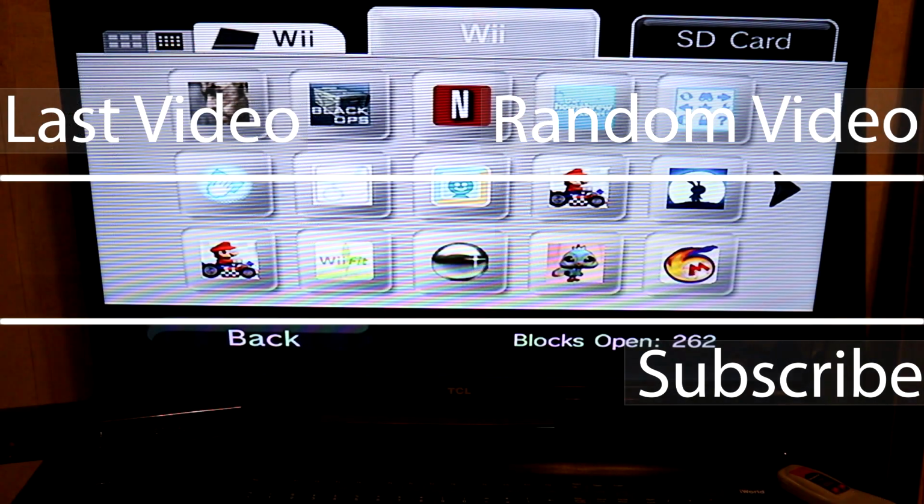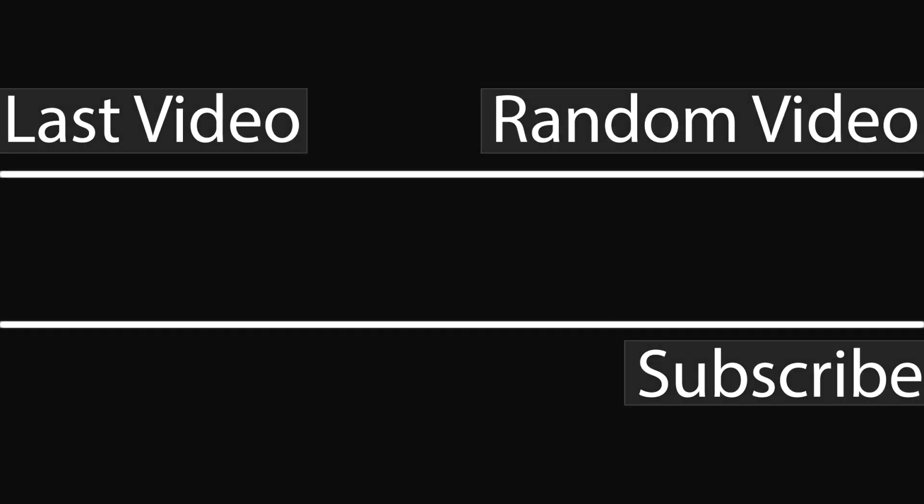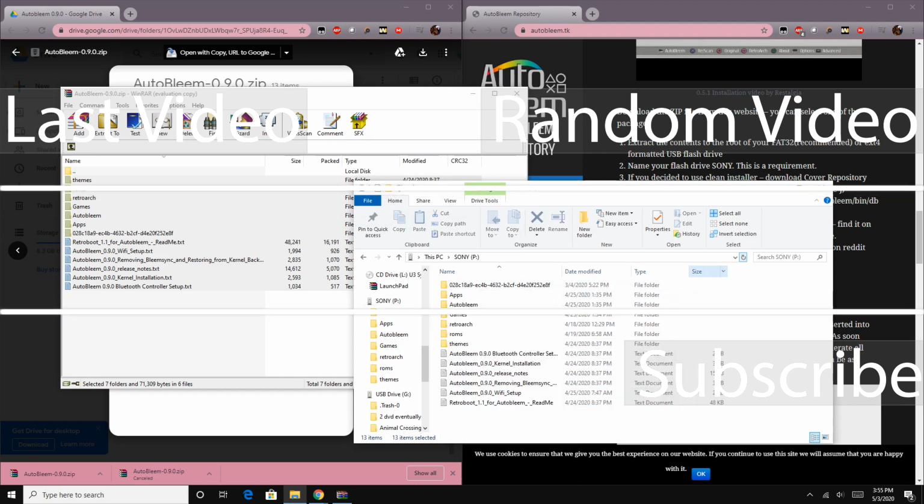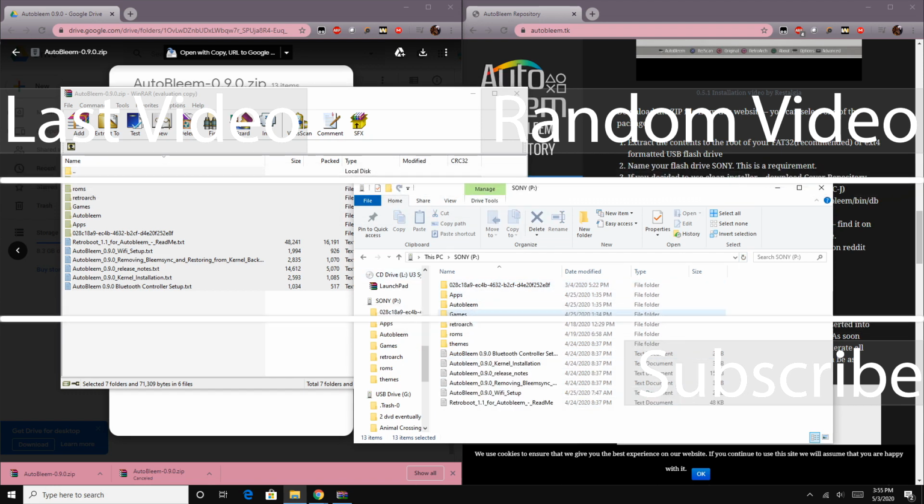The SD card that you're going to be putting into your Wii. Now when you got your game saved on your SD card, to verify this, auto bleem, extract it to the root of the flash drive, label the flash drive Sony, and make sure it's